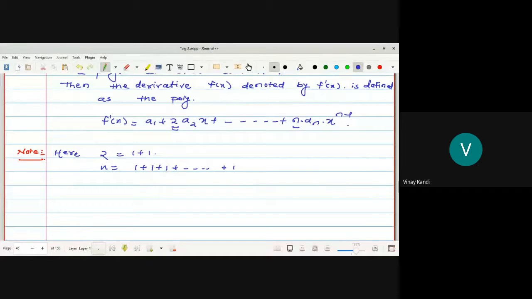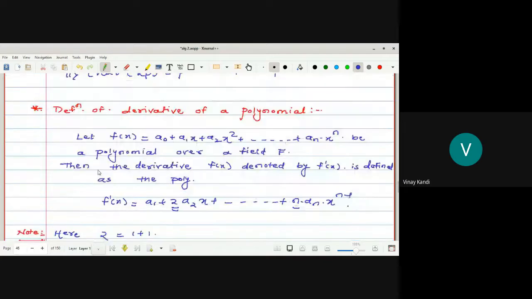If F is a field of finite characteristic, if this field is of finite characteristic p,